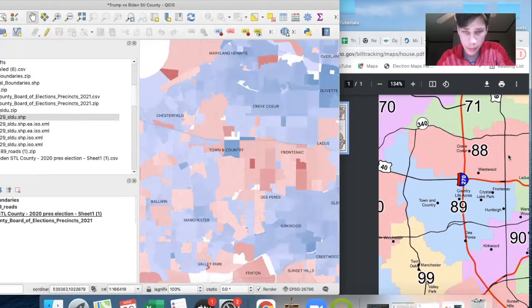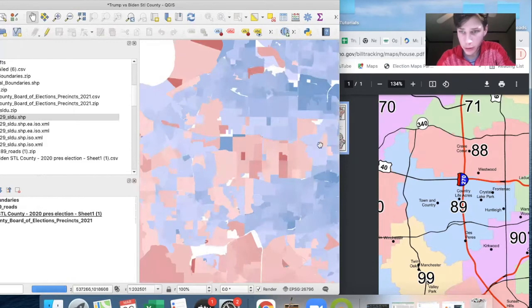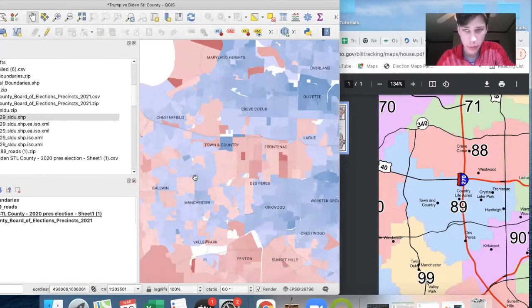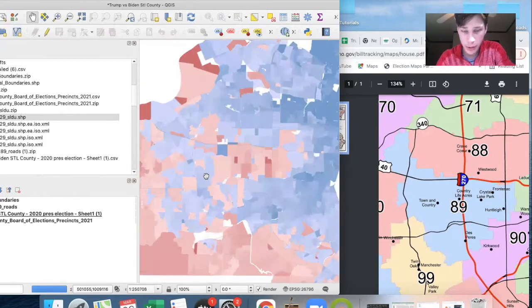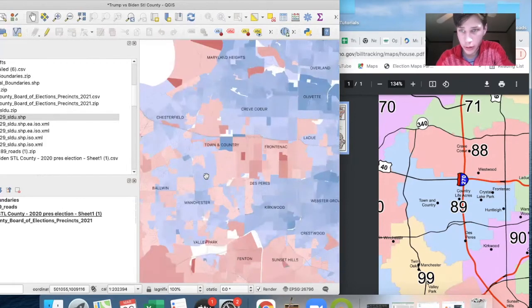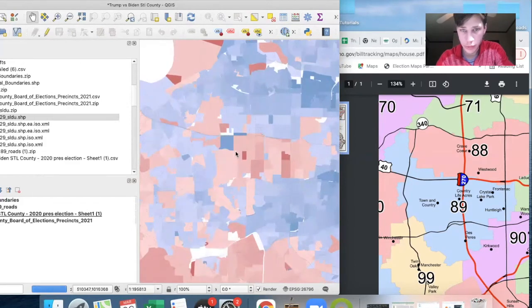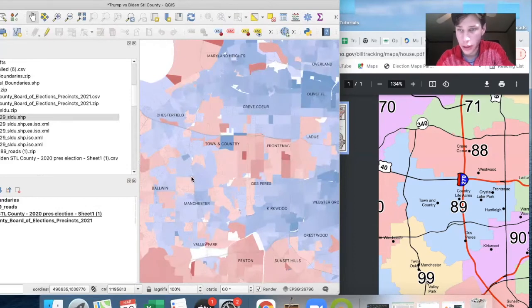Not to say that gerrymandering is only done by Republicans. There's tons of examples where it is done by Democrats, just not in Missouri. So this is a cool way that everyone could make this map, and everyone can look at this map and see that this is an intentionally drawn Republican district in an area. If you look at the numbers of our state's House, it disproportionately favors Republicans, and this sort of district is why. It is not by any means the most crazy gerrymandered district you'll see, but this is just an example